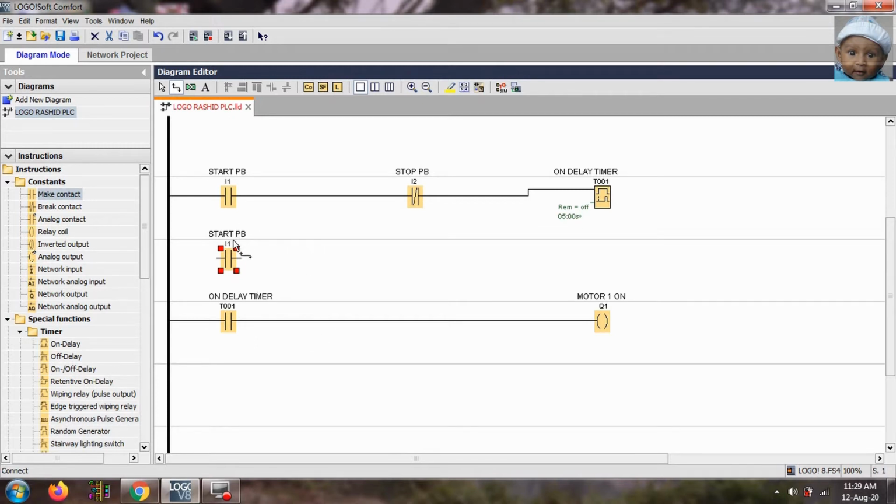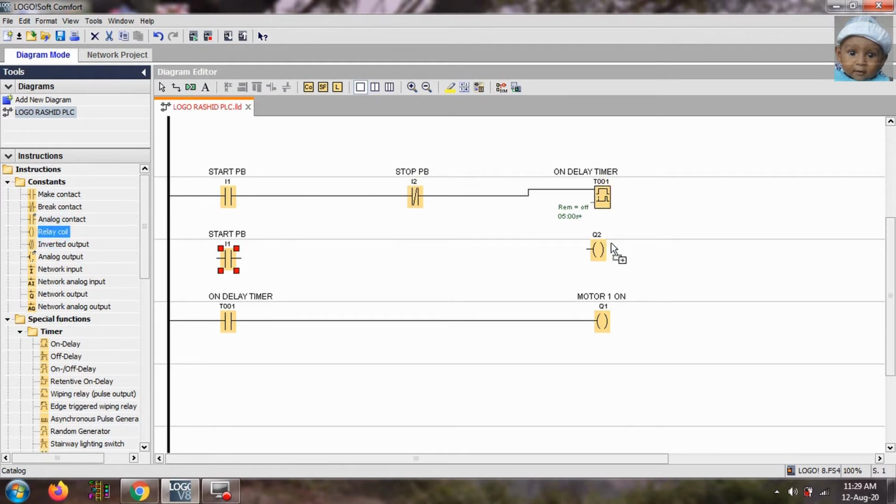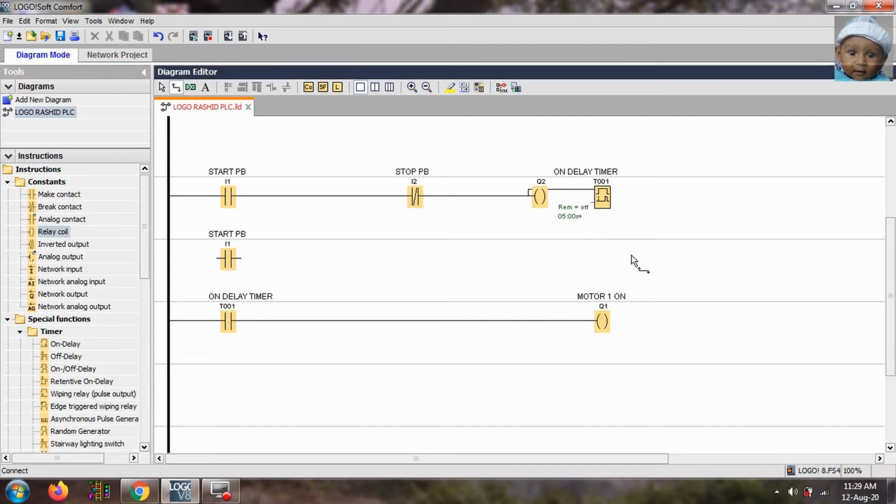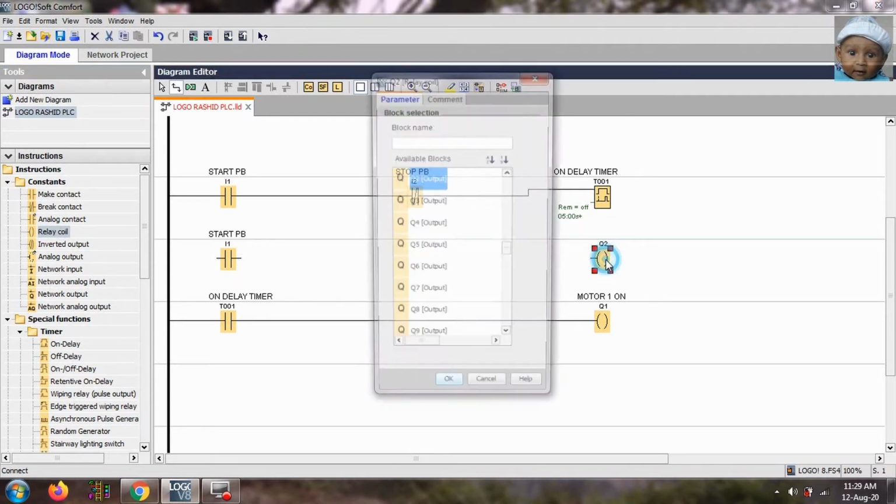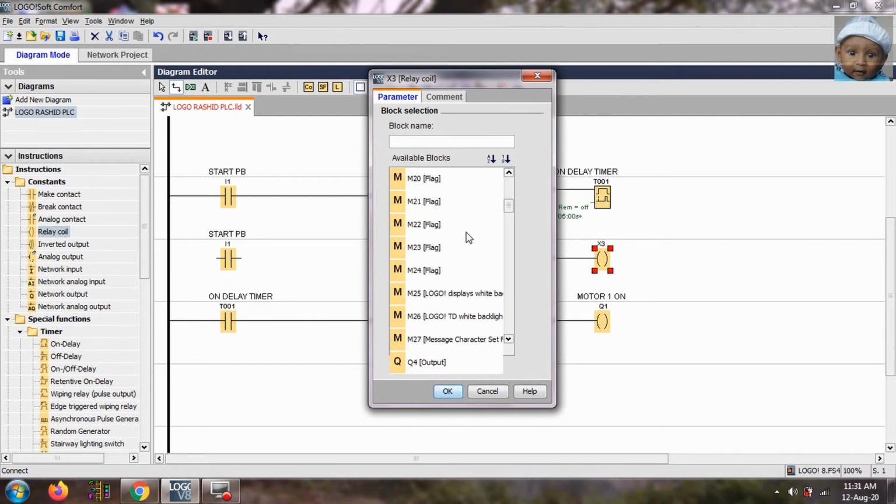So first we will take one relay coil, and we will give the address on that relay coil for the memory bit. Now we will open that output, that relay coil, and we will give the M1 flag. M1 is a memory bit.